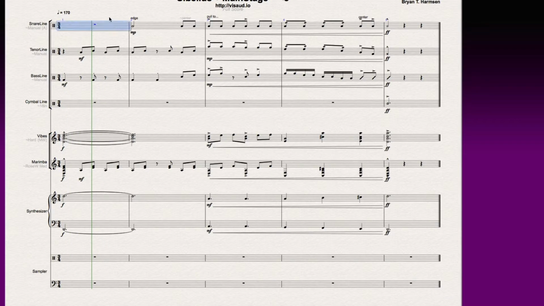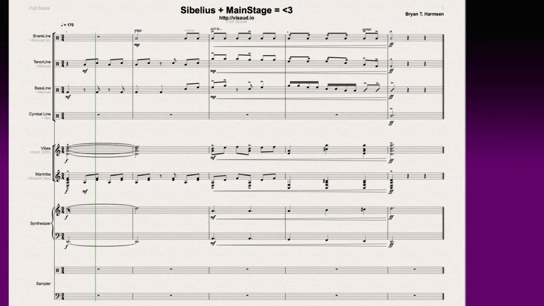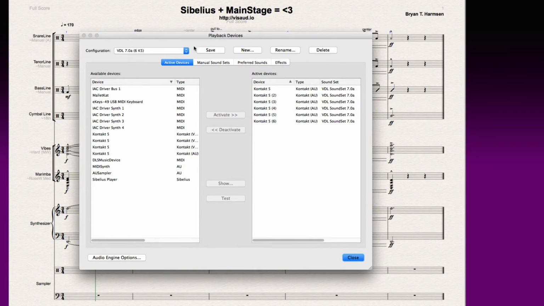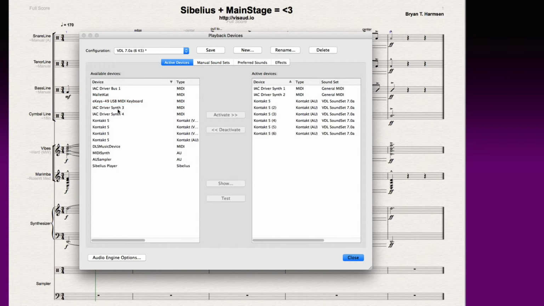All right, so you can hear I've got my snares and tenors, and you could hear vibes if you wanted to. And right now the synthesizer is just a piano sound, because everything right now is just loaded in the Contact instances, and it's being pulled from the Virtual Drumline library, since that's what I have set as my sound set. So I'll need to come in here, playback configuration, and I'll add in my synth 1, synth 2. I'm just double tapping here,